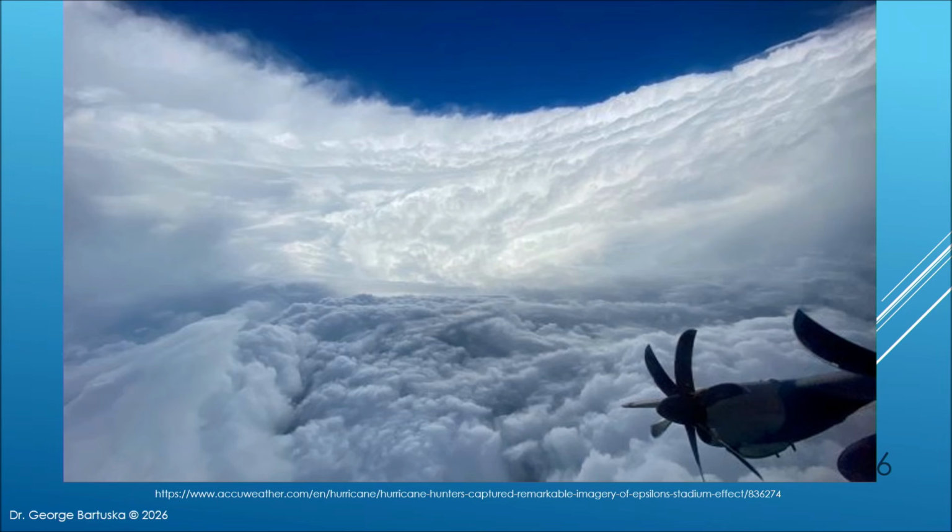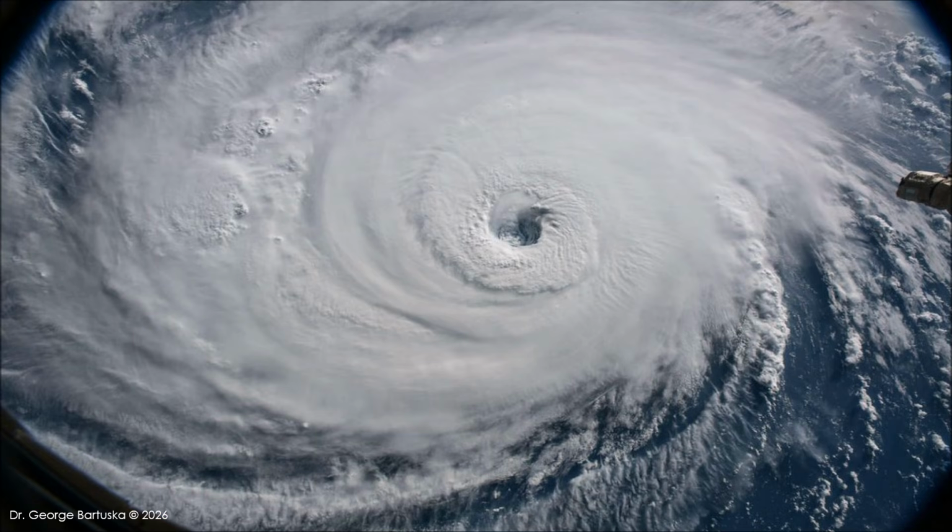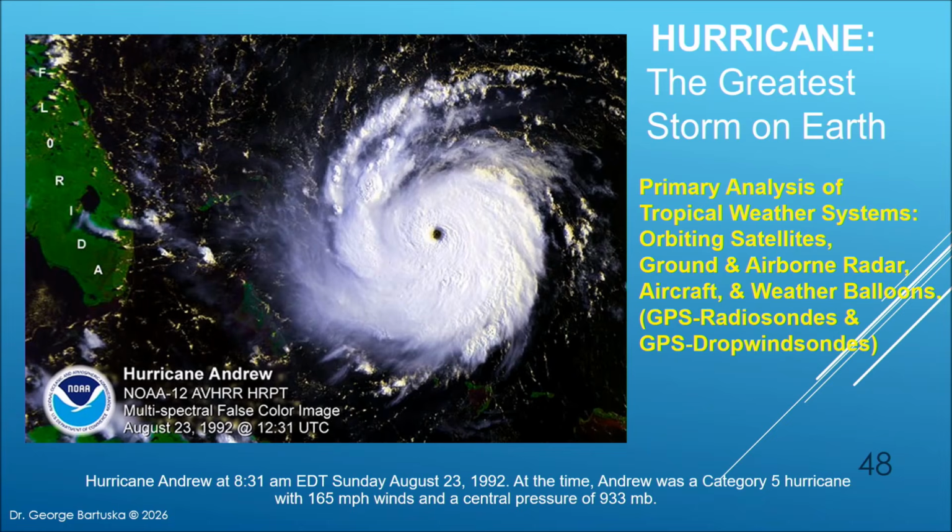Now here's a good picture from the Hurricane Hunter. In the foreground is actually a cloud base that's in the eye, but above that you see the slanting out eye wall. And here's another picture of a hurricane from space. Now today we look at hurricanes using satellites, ground and airborne radar, aircraft, weather balloons, GPS dropwindsondes. However, before the 1960s,